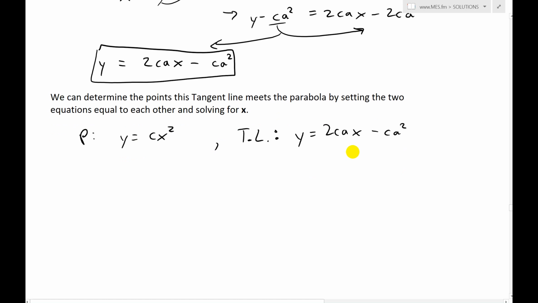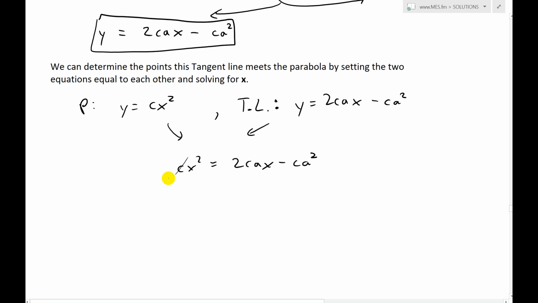So let's find all the points for x where these are equal to each other, so set them together. We have cx squared equals 2cax minus ca squared. Notice there's a c everywhere, so we can cancel all the c's, and we get x squared equals